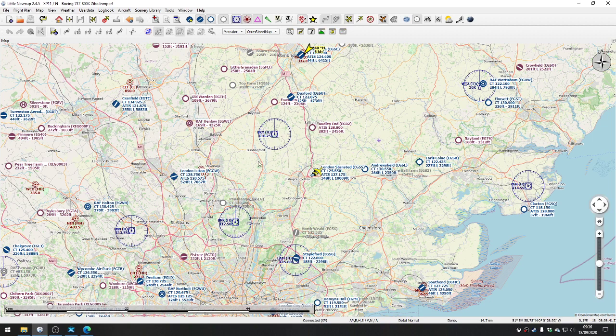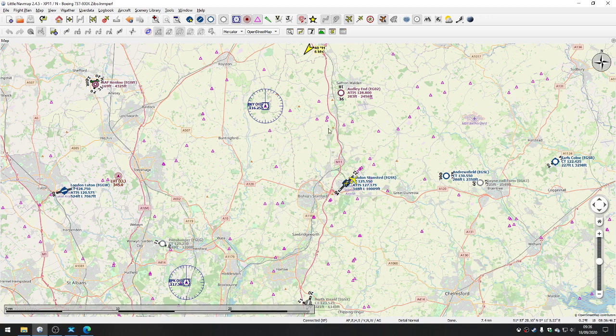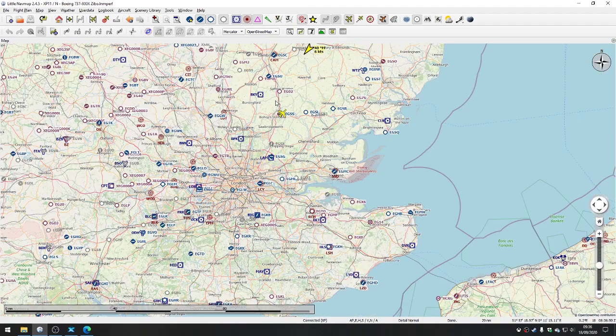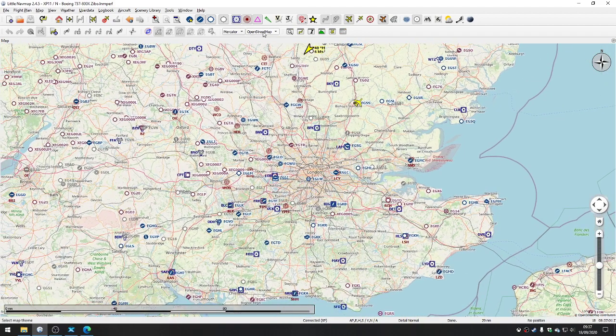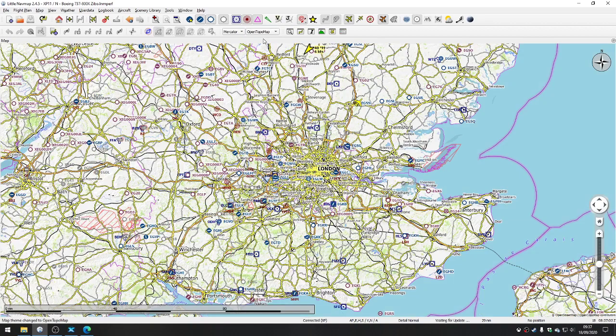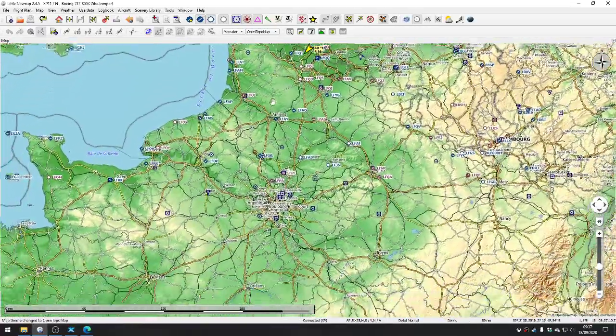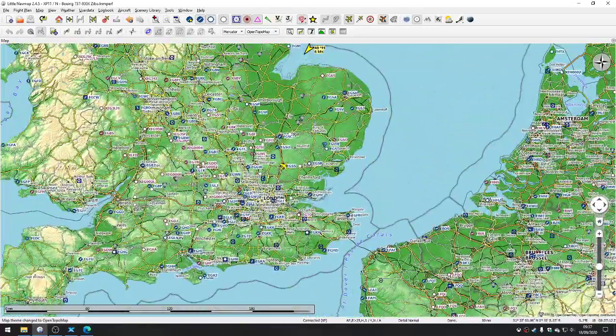Remember we said that you could configure how much data you see at zoom levels. So if I zoom in a bit further, suddenly there are nav aids everywhere. If I zoom in a bit further, we can see their names. It's worth pointing out the map we are seeing of the country in the background is OpenStreetMap by default. We can change that. So if we want to have OpenTopoMap, there it goes. OpenTopoMap comes into its own when you zoom out, and it starts to show you relief of the hills around. So if we zoom back in,